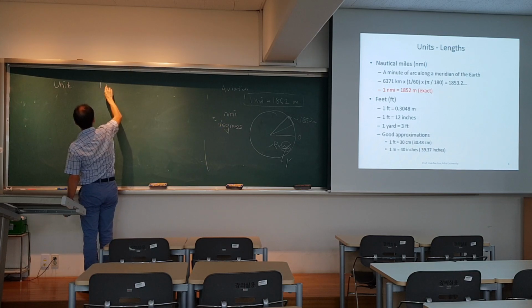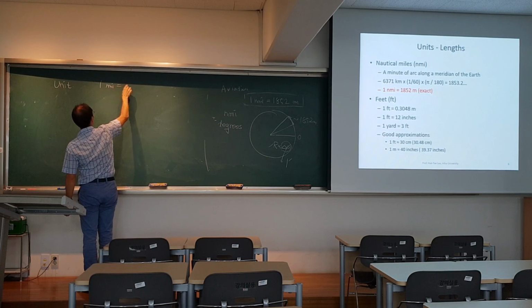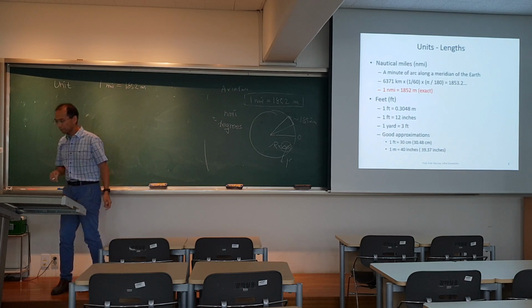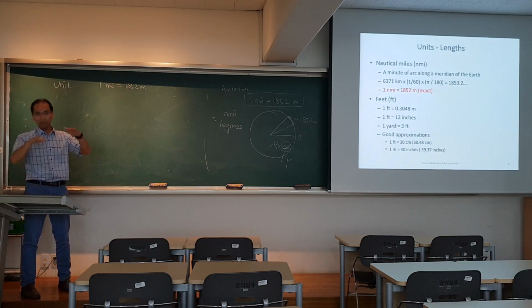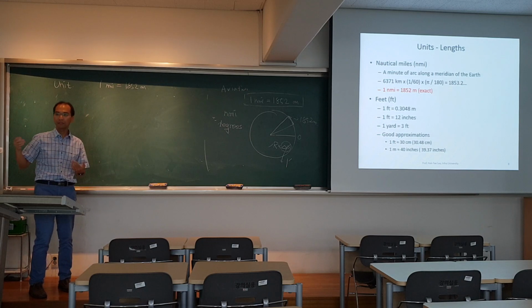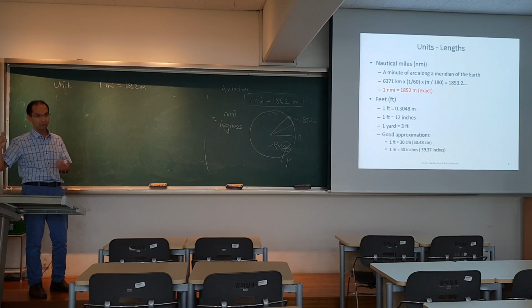So 1 nautical mile is 1852 meters. Now, this is because the Earth is not a complete sphere, so for 1 minute of change, the distance is slightly different between the